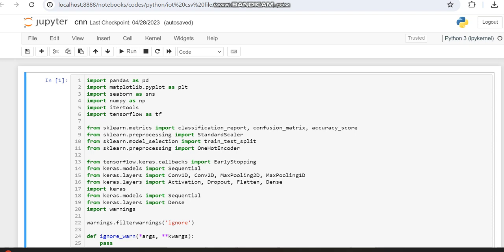Hello all, today in this video we are going to make a video for improving the validation accuracy of CNN. If you have noticed the previous video, we made a heart disease prediction with CNN with the Adam optimizer, and for that we got an accuracy of 96%, but for a better system, when compared to validation accuracy, when compared to this